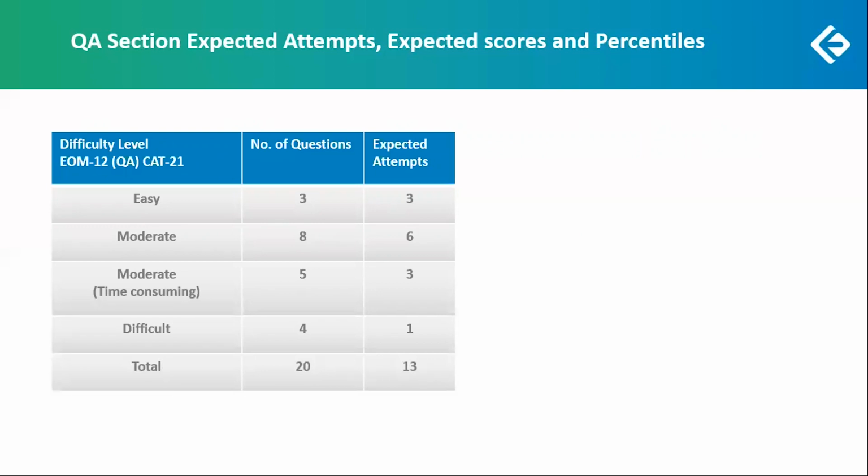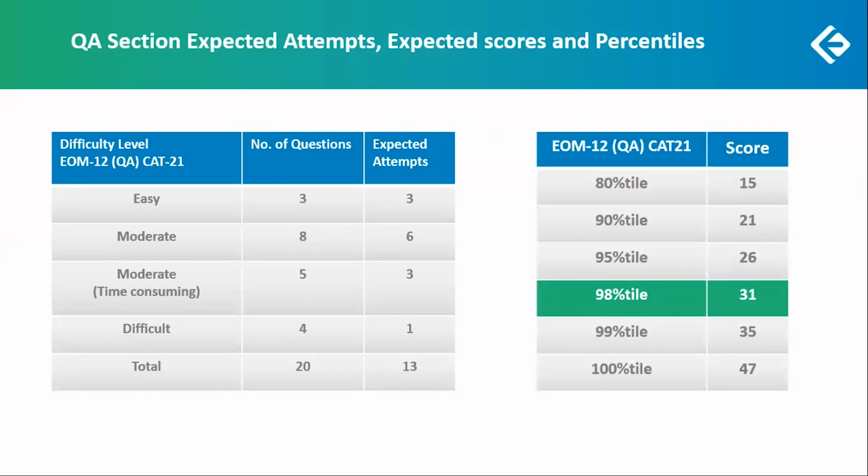And from difficult questions, we are not expecting too many attempts here, but you might have attempted 1 out of 4 questions here as well. So out of a total of 20 questions, we are expecting 13 attempts to be ideal attempts, and based on these 13, if you maintain 85% accuracy, you might get 11 correct and 2 incorrect. That leads us to a good score of 33, which is 11 into 3 minus 2.